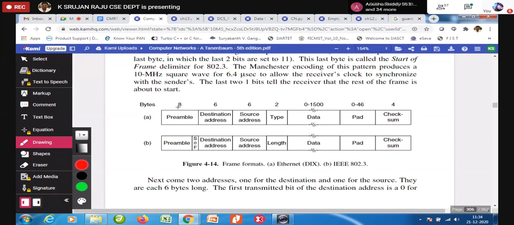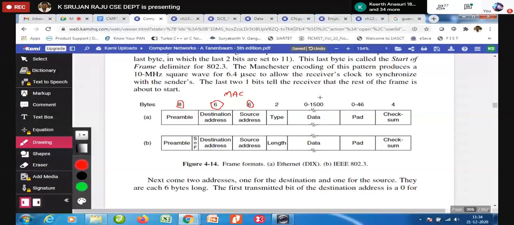Please try to keep this in your mind: 8 bytes, 6 bytes, 6 bytes. Why are we talking about these addresses? These are MAC addresses. Your MAC address is 6 bytes long, that is nothing but 48 bits.